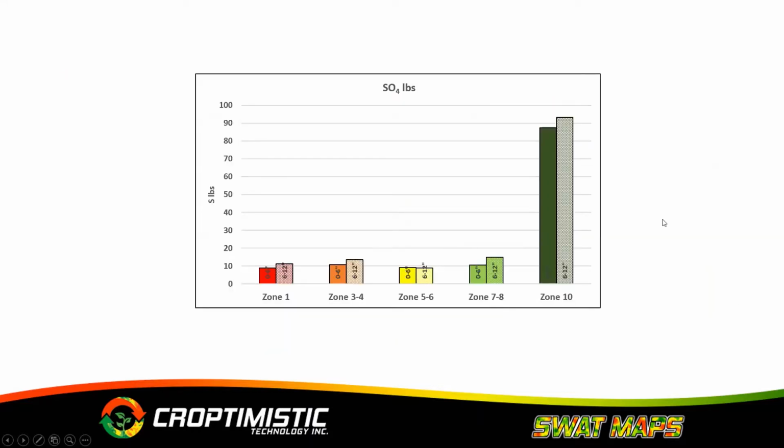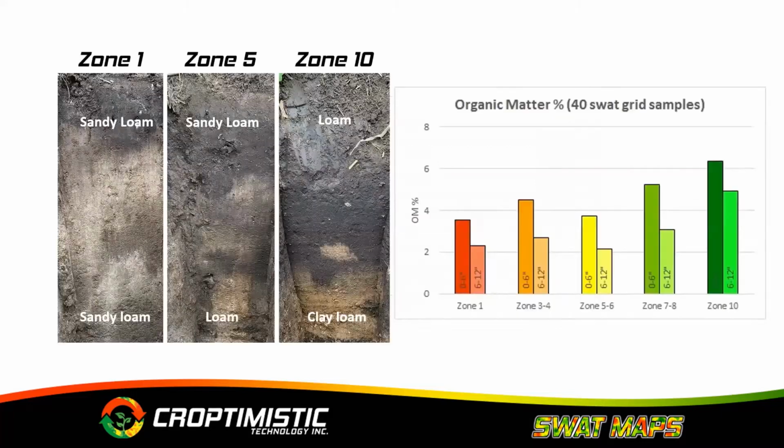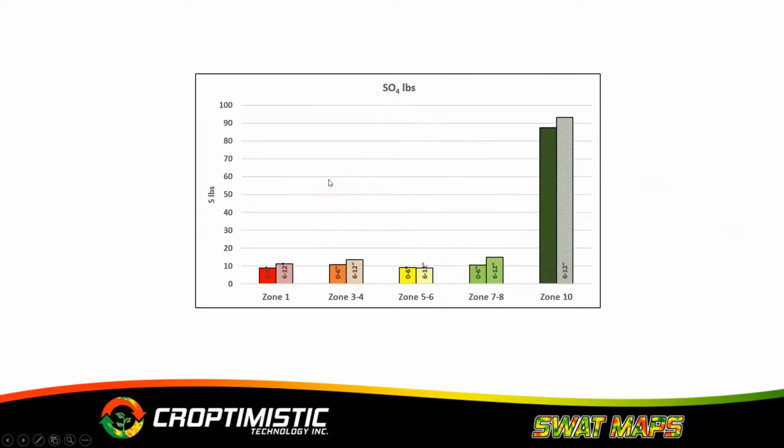So I'm going to show you, just to keep it simple, like we do variable rate everything. We do all the nutrients, we do seed varieties, we do seed rates. There's many different things we vary. But to keep it simple, I'm just going to show you sulfur. So if I go back here, I think we all kind of know how sulfur would respond in a field. So in this case, you have these deeper topsoils with more organic matter. This has a lot more potential, of course, to mineralize sulfur. And when you do your actual sulfate soil test,